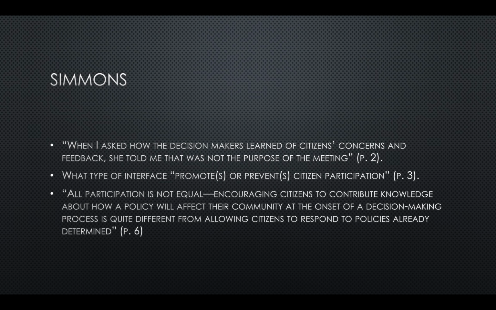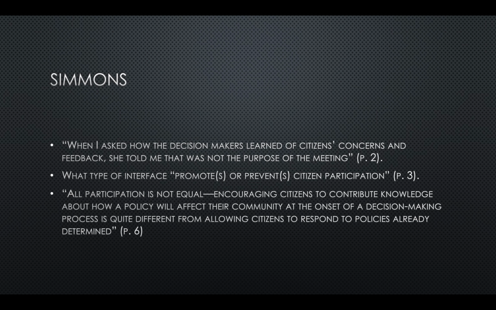So on page 2, she says, when I asked about how the decision makers learned of citizens' concerns and feedback, she told me that was not the purpose of the meeting. So this is her talking about the EPA and the nerve agent, the case study that she goes through with her book, and she's talking to the people whose job it is to take citizens' concerns, even though that was part of their process, in the meeting that she was discussing. The people who conducted the meeting are saying that the purpose wasn't hearing citizens' concerns. So that turns out to be a crucial crux of Simons's work, is how are citizens,